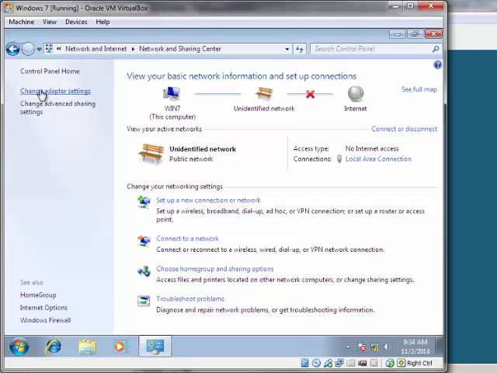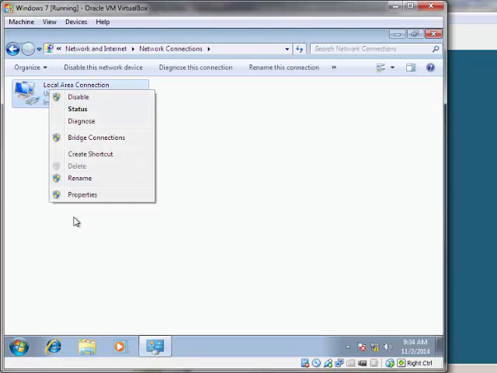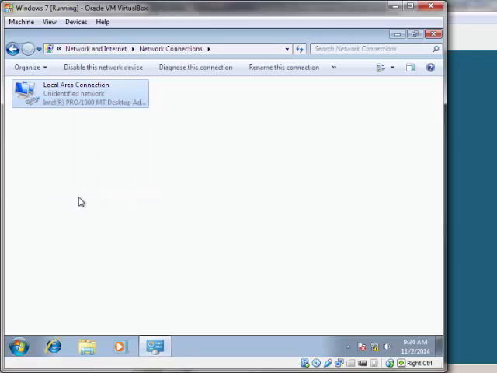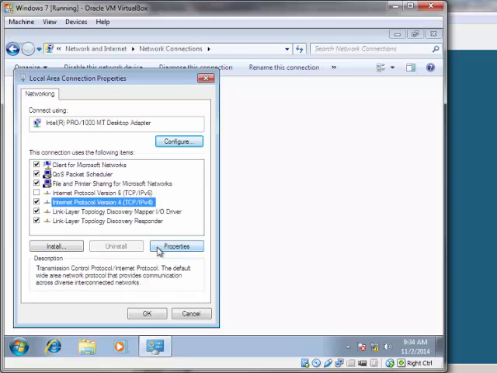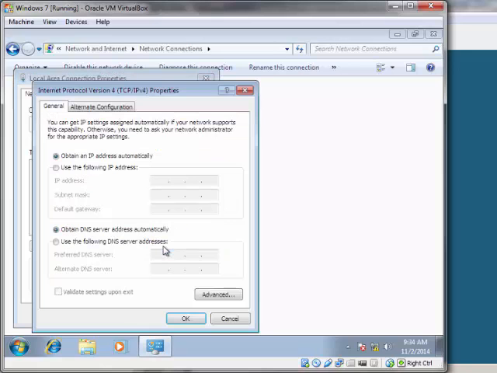I am going to go to my change adapter settings. You're going to right click, Properties, and we're going to be using IP version 4 again. Select properties, and you're going to type in an IP address. So we're going to assign the IP address